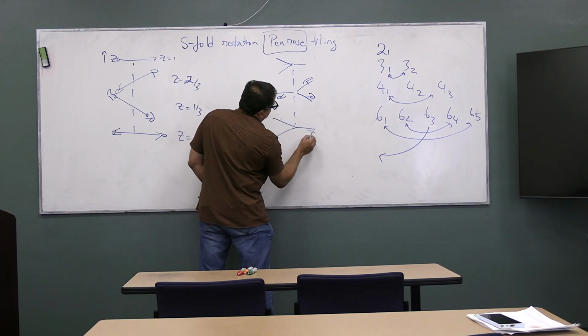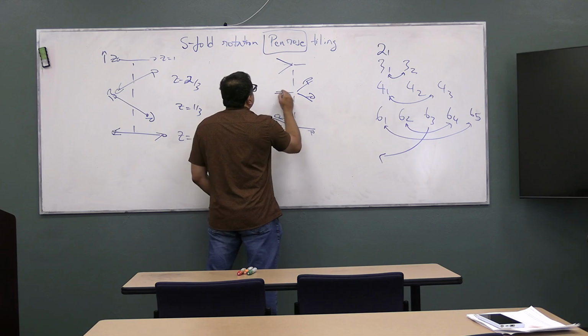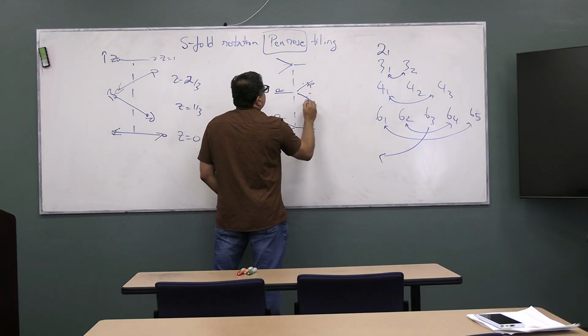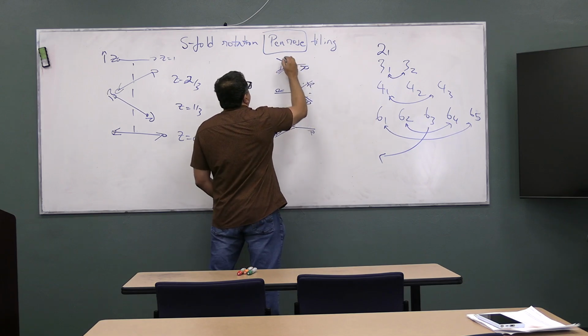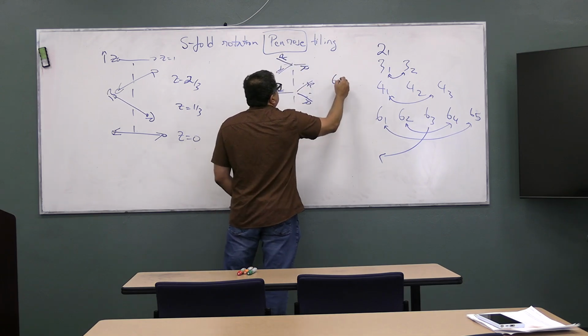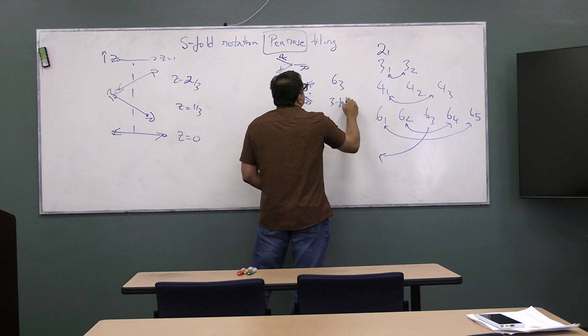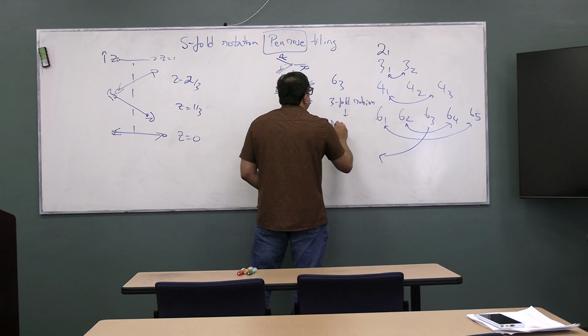Let me put it like this. R, and then back to z equal to 0. So this would be 6/3. So threefold rotation, translate